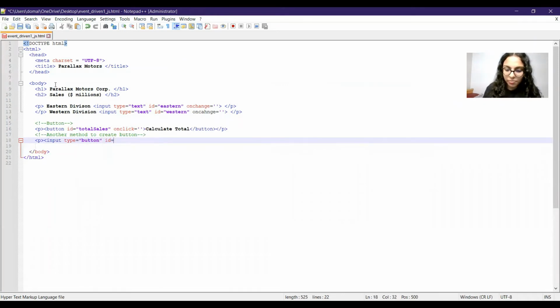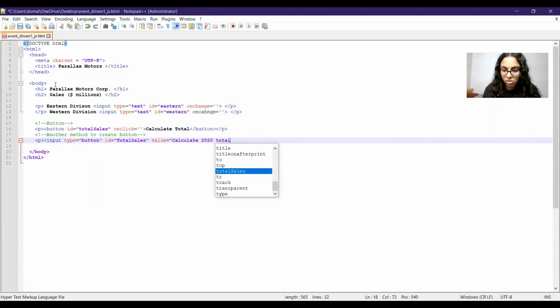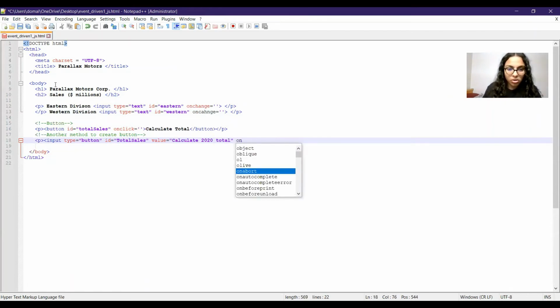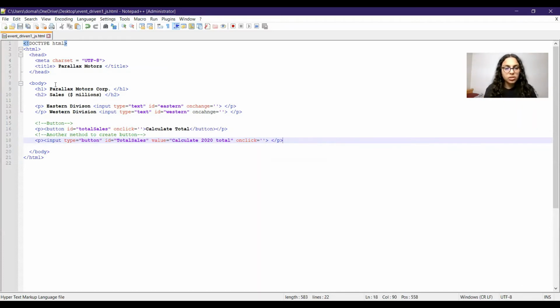We can give it an ID total sales, and then it can have a value calculate 2020 total, and then on clicking, some function should happen which we will write later, and then we can close the p tag. So this is another way of creating the button. I'll just comment this out too, because we just need one button.